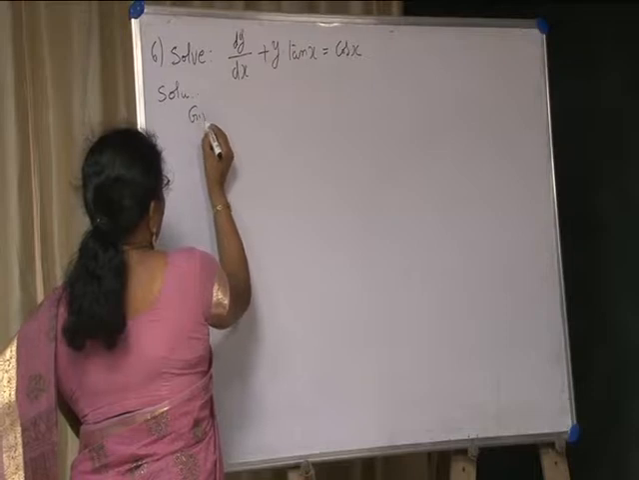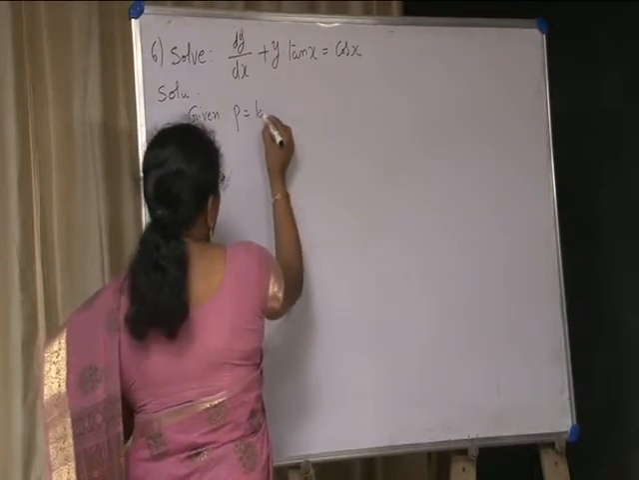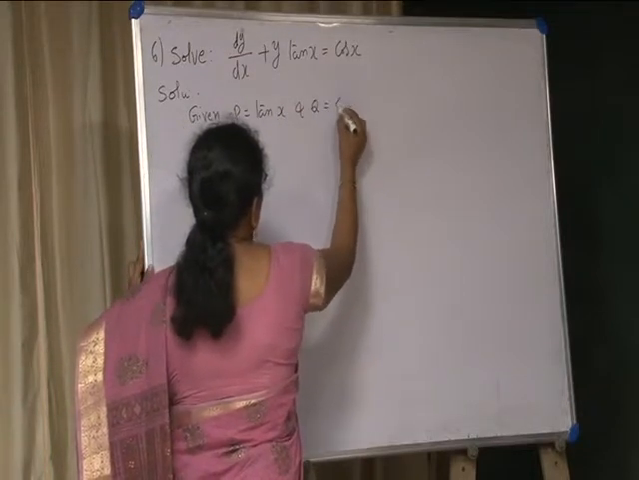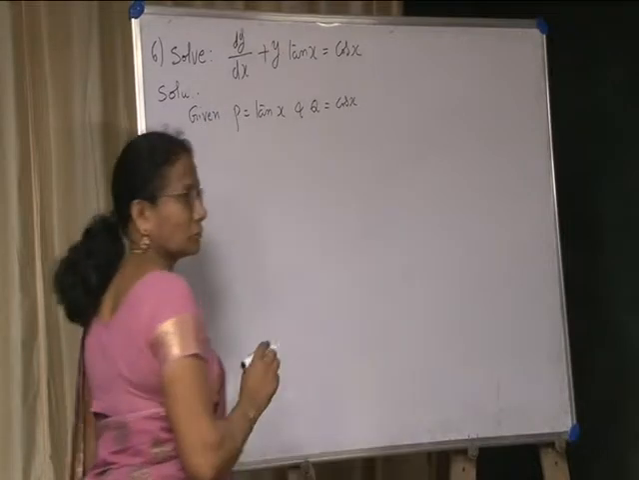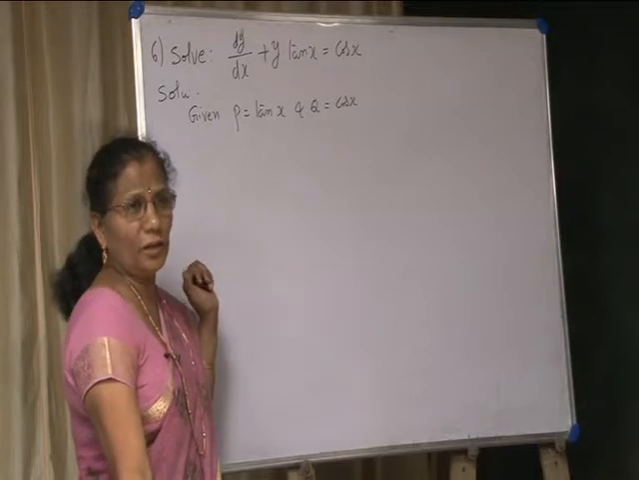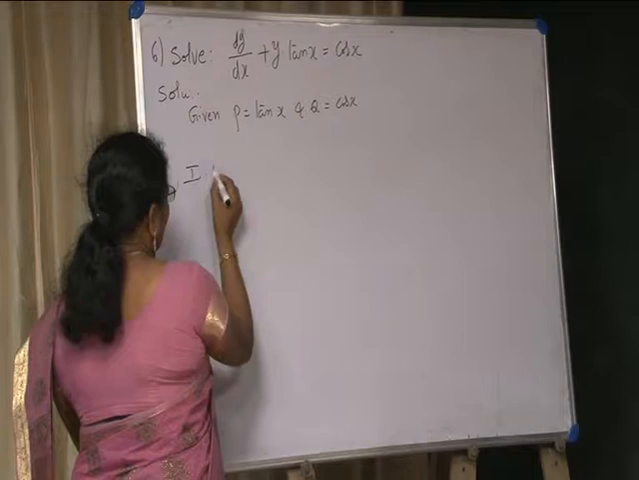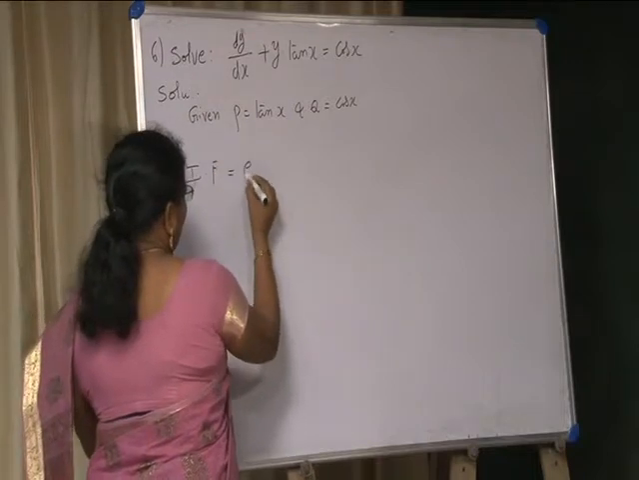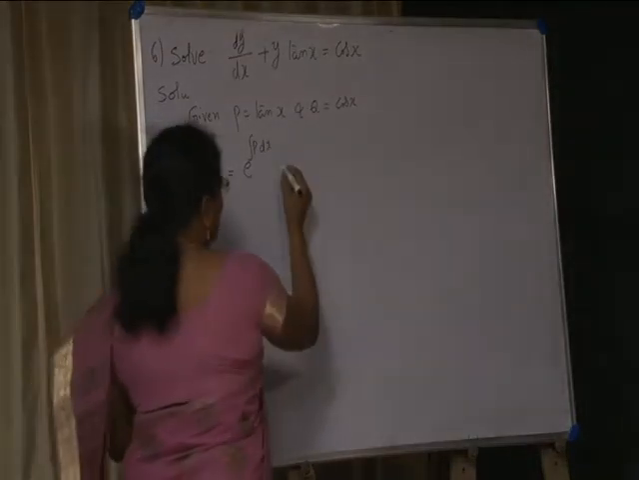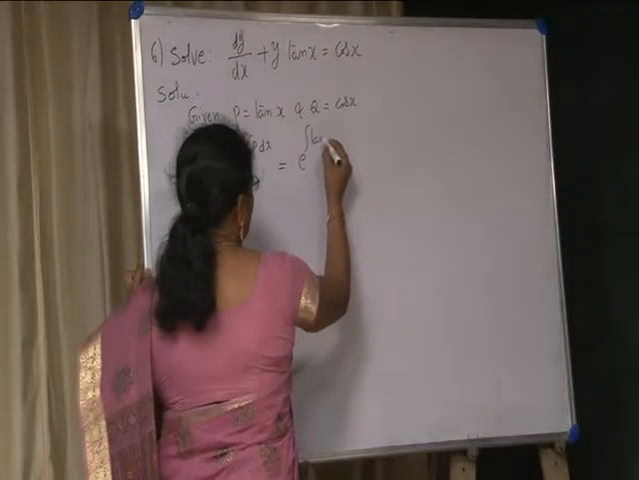Given p is equal to tan x and q is equal to cos x. To solve this linear equation, first we have to find the integrating factor, IF. This is equal to e to the power of integral of p dx. This is equal to e to the power of integral of tan x